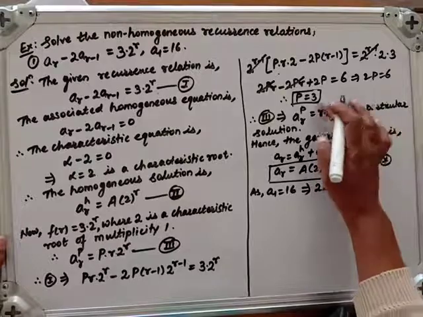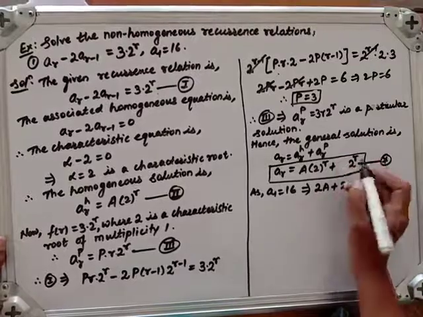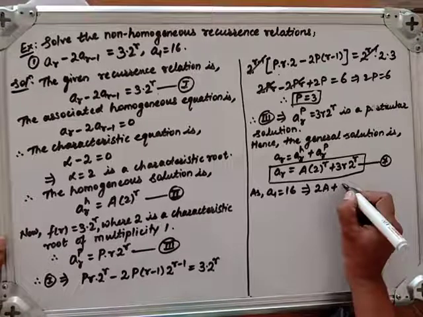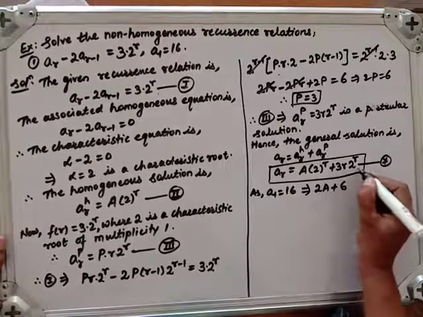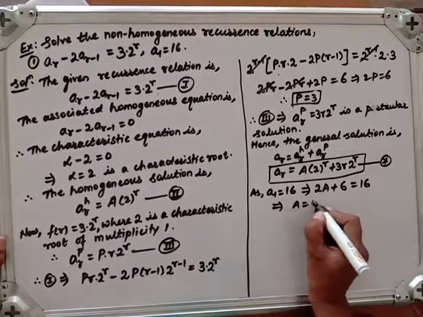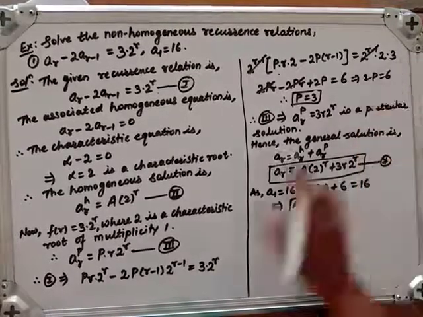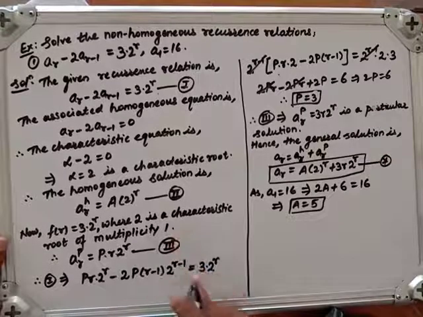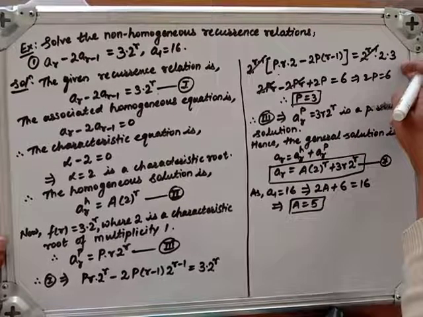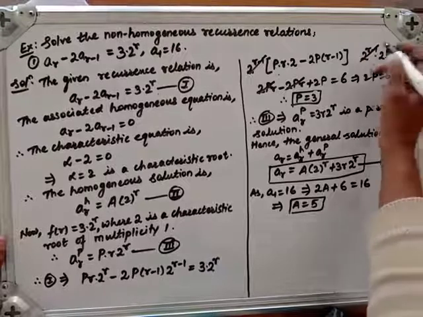Fine. P is equal to 3. So here I get 3 r 2 raised to r. So here also 3 r 2 raised to r. So here I get 3 times 2 is 6. Fine. And that is equal to 16. So from this I get A is equal to 5. A is 5. Sorry for this mistake. By mistake I forgot this 3. In the previous example such a multiplier was not there, that is why I forgot it. Now be careful with this one, you won't forget this. Now let me write this one here.